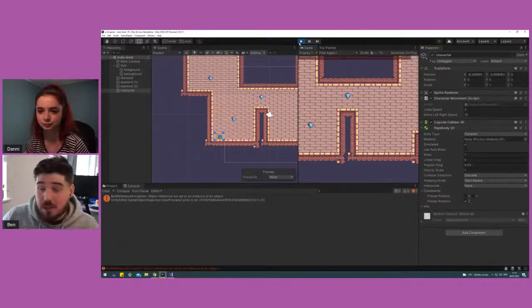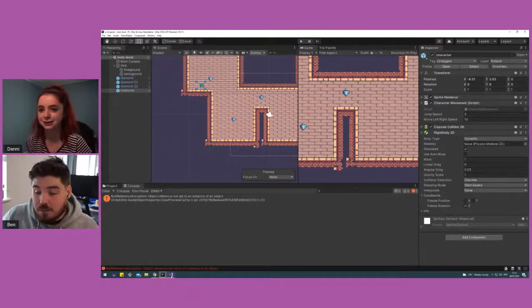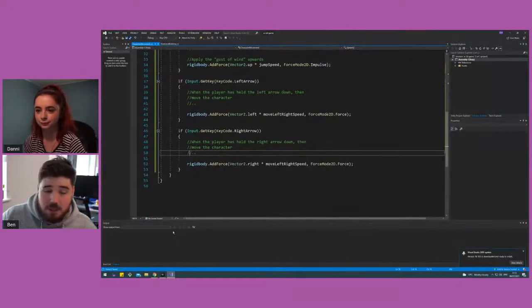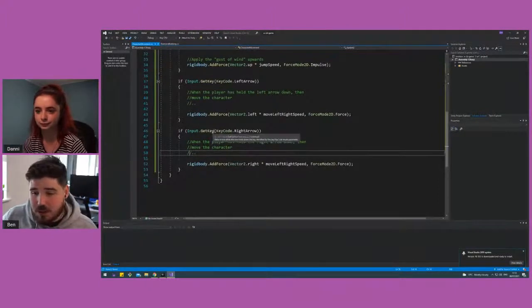But we will get onto that at a later point. We've got the basics down. Exactly. I think one last thing in this script that I want to touch on is